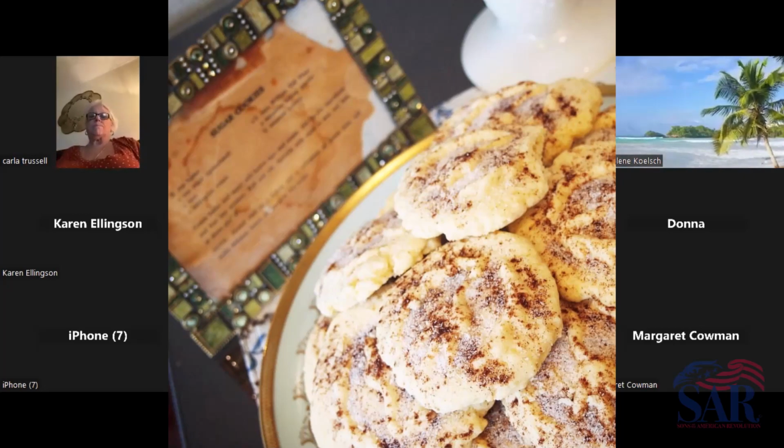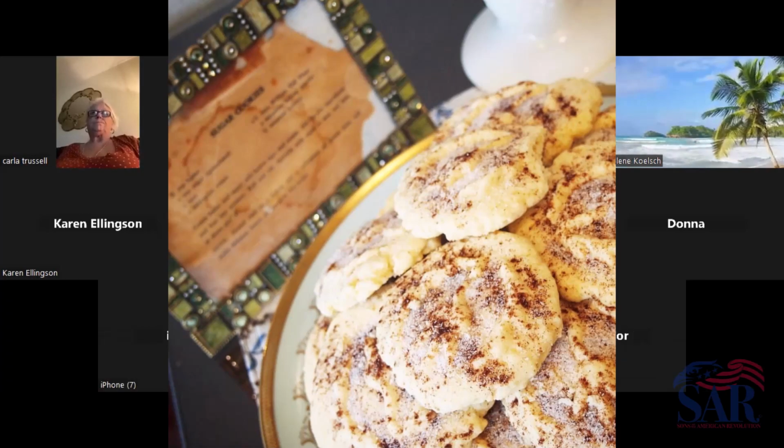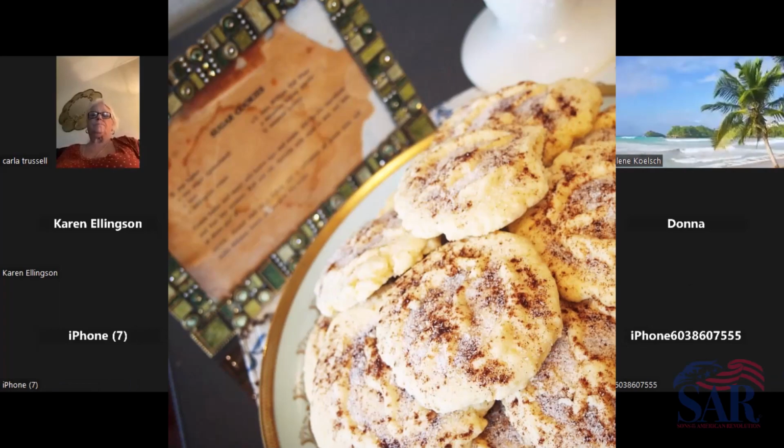And of course, as a kid, that's the first thing you look for, the sweet treat. Her recipe was cut out and printed on the side of a bag of William Tell flour. So it's technically paper, but it's very stained, and you can tell it's been sitting around in her kitchen.